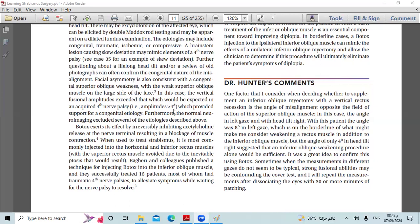Hunter's comments: One factor that I consider when deciding whether to supplement an inferior oblique myectomy with a vertical rectus recession is the angle of misalignment opposite the field of action of the superior oblique muscle. In this case, the angle in left gaze and with head tilt right. With this patient, the angle was 8 prism diopters in left gaze, which is on the borderline of what might make me consider weakening a rectus muscle in addition to the inferior oblique muscle. But the angle of only 4 prism diopters in head tilt right suggested that an inferior oblique weakening procedure alone would be sufficient. It was a great idea to confirm this using Botox. Sometimes when the measurements in different gazes do not seem to be typical, strong fusional abilities may be confounding the cover test, and I will repeat the measurements